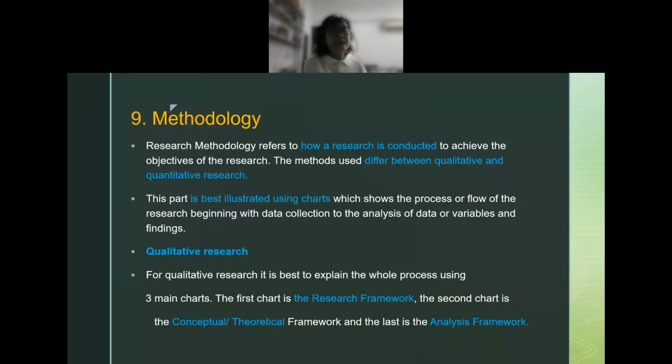And then from data collection, you go to analytical analysis. How you analyze, which is the second flowchart, analysis. Okay, and then you go into a more specific, maybe a conceptual framework or something like that for each item, depending on your research. Okay, but the main chart that you must have in methodology is, of course, the research design. The whole general research design that includes a little bit of your analysis of the data and everything.